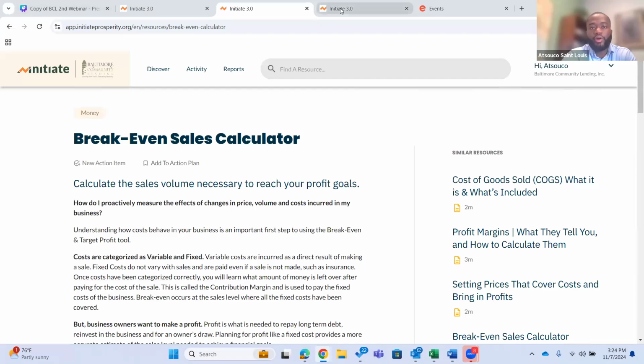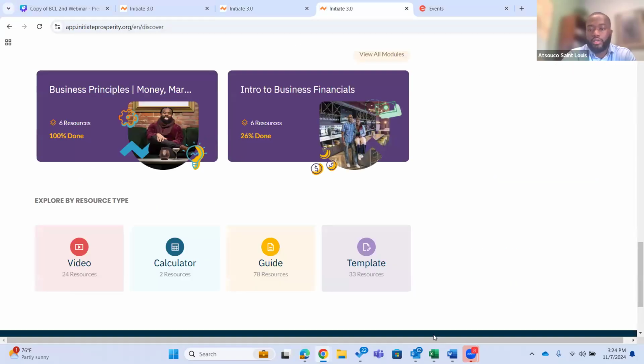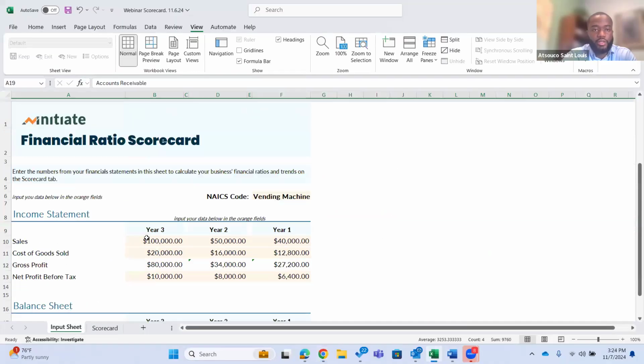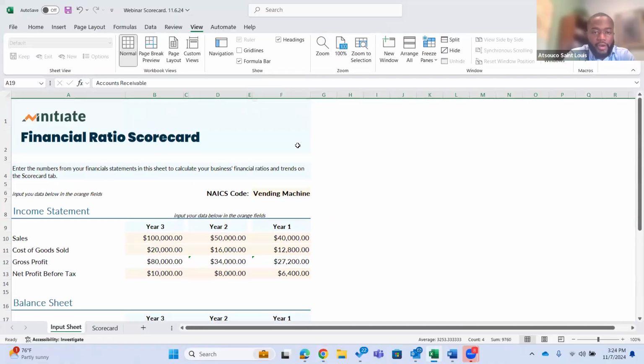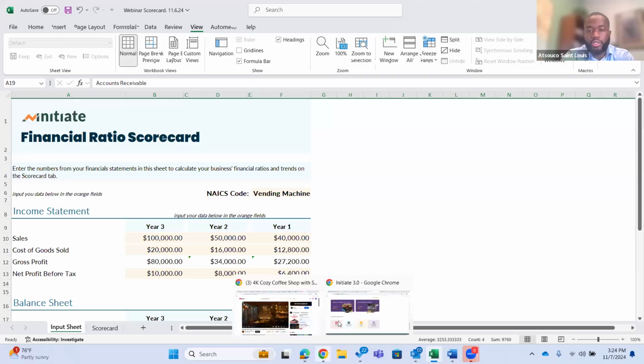I now kind of want to go into the scorecard. Right. So this is a lot of information, but I just want us to focus on a few important parts of this Excel worksheet, right? And as I mentioned before, the reason why we want to look at this is to understand our financial ratios, right? So before I even go into this Excel sheet,